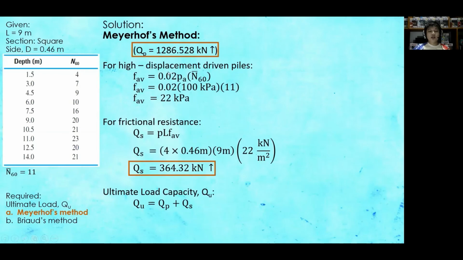Applying now the sum of the two to determine the ultimate load, the value of our ultimate load is 1650.848